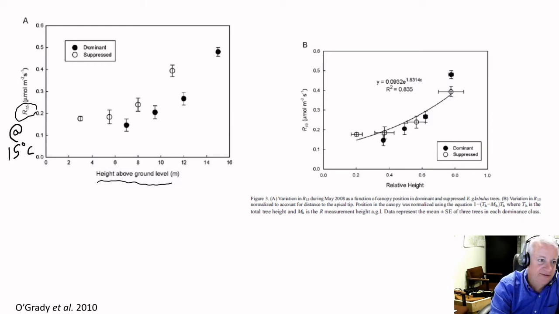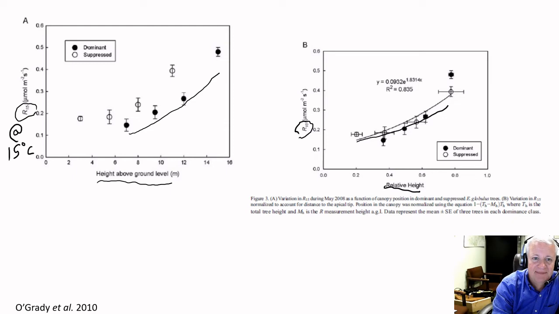So a couple of things to note. First, as you get higher above ground, the respiration rate is higher. So for both dominant and suppressed trees, the respiration rate goes up as you go above the ground. But it looks like that relationship is different for the dominant and suppressed trees, in that for any particular height above ground, the respiration rate is higher in the suppressed trees than in the dominant trees. When they express that same variable against relative height, so 1.0 being the top of the tree, the relationship is